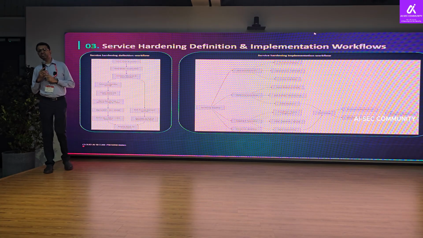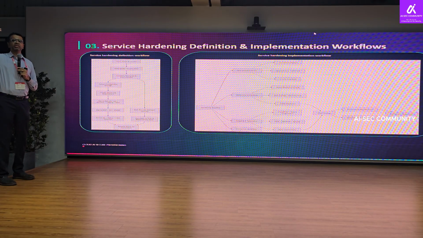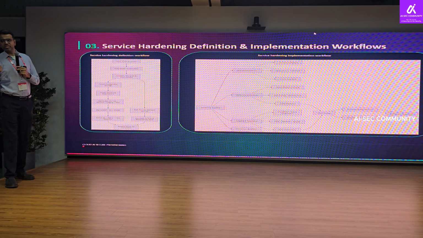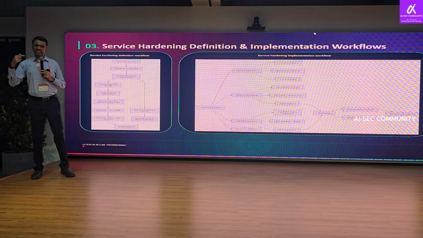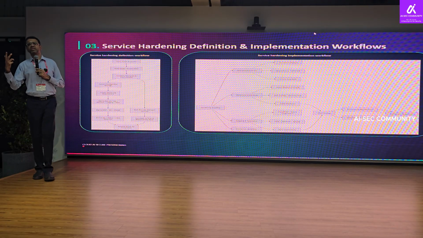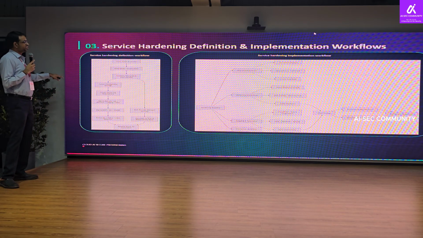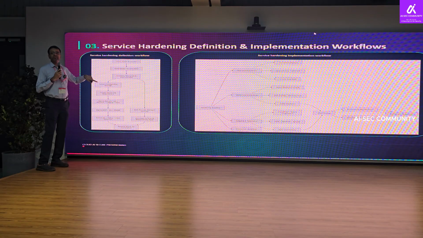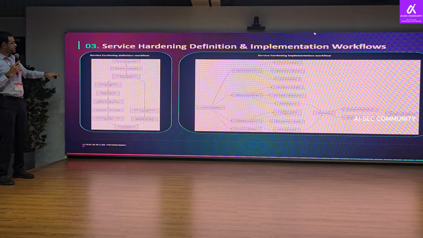So this is actually the first step where you discover, you analyze, and then based on your analysis, you are able to prepare a list, I would say, for each service that you are going to use in AI. For example, in AI, we have OpenAI, we have AI Foundry, we have content safety, we have services, AI for image, right? So each AI service that you are going to use needs to go through this workflow, where you are understanding the architecture of that AI service, understanding what your responsibility is, and then building this documentation to begin with.